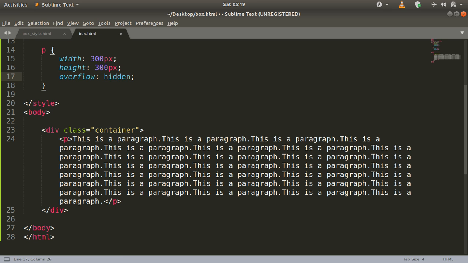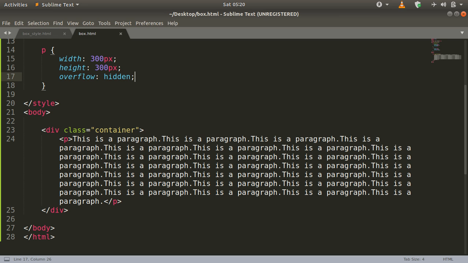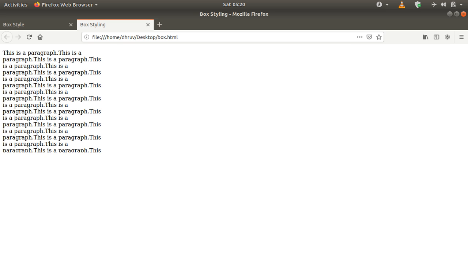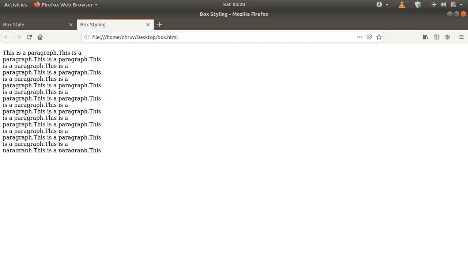So if I say hidden, and let me just refresh the page, you can see that a certain amount of the content has just disappeared from here. Let me just write some random text so it differentiates from this command line. Okay, so you cannot see the last line which we just wrote.